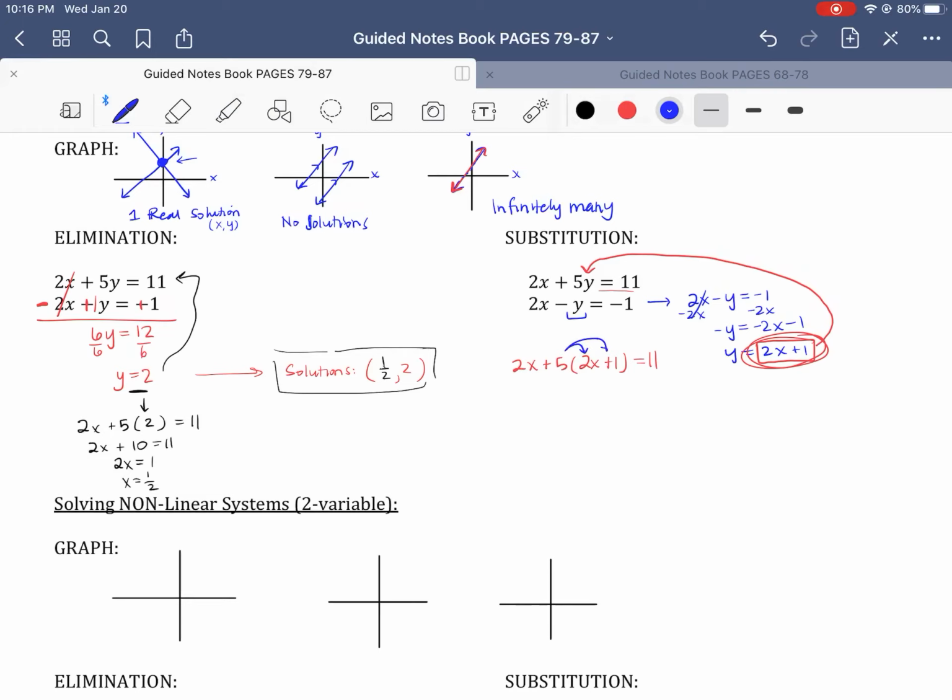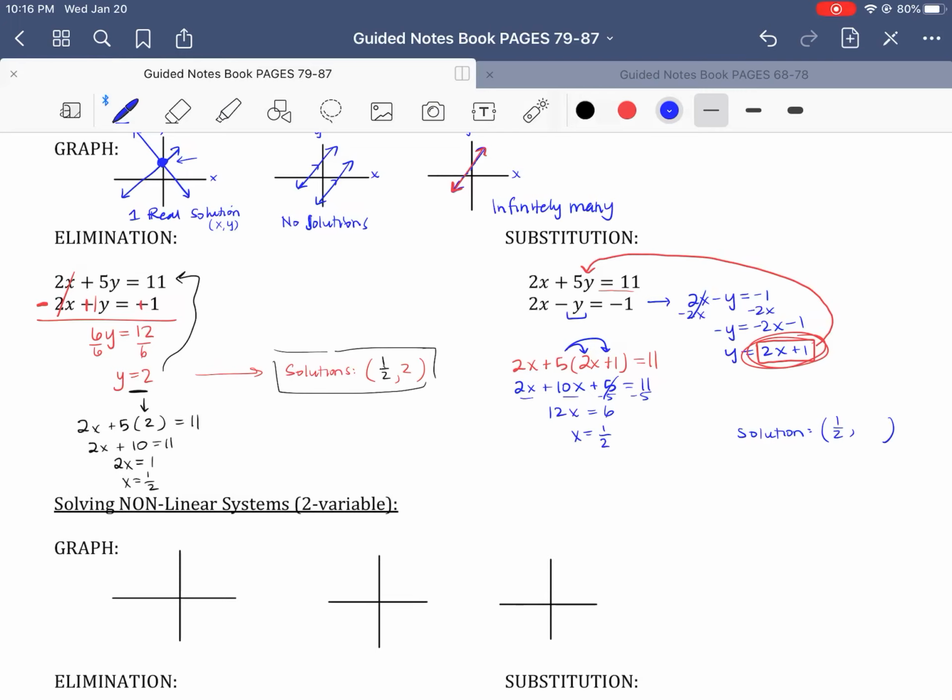So we can go ahead and distribute this 5. We get 2x plus 10x plus 5 equals 11. Combine our x terms, we get 12x. Let's subtract that 5 to the other side, and we end up with 6. We divide by 12, and x is equal to 6 over 12, or in other words, 1/2. So again, our solution, and this time we found the x value is 1/2, and we can go ahead and find